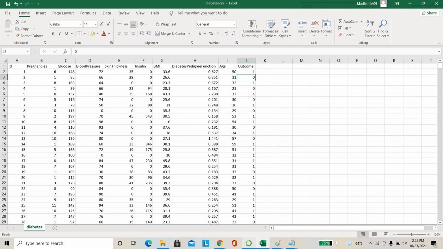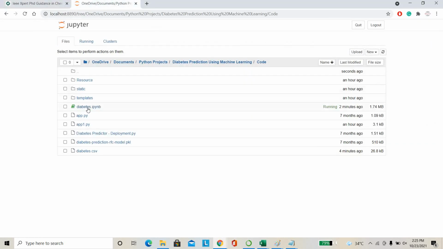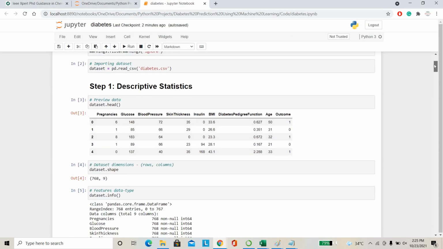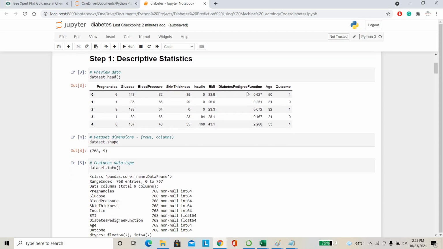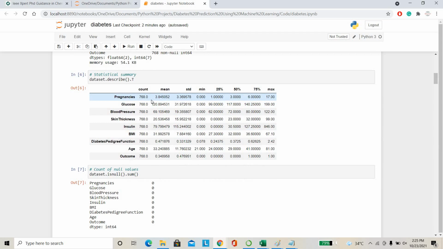For that we are going to write Jupyter notebook coding. Here we are considering Python for the machine learning. We are going to use pandas to read the dataset. Then we mention what we are measuring. Everything I'm getting here. So we are going to calculate the standard deviation, mean, average, and everything.